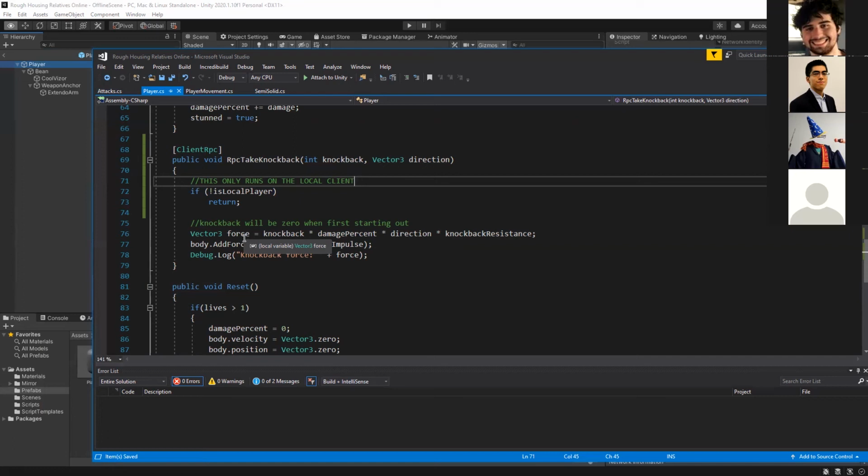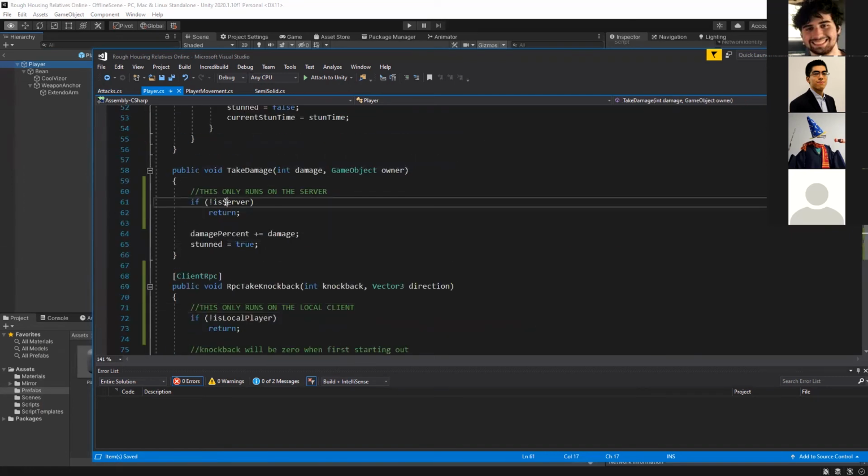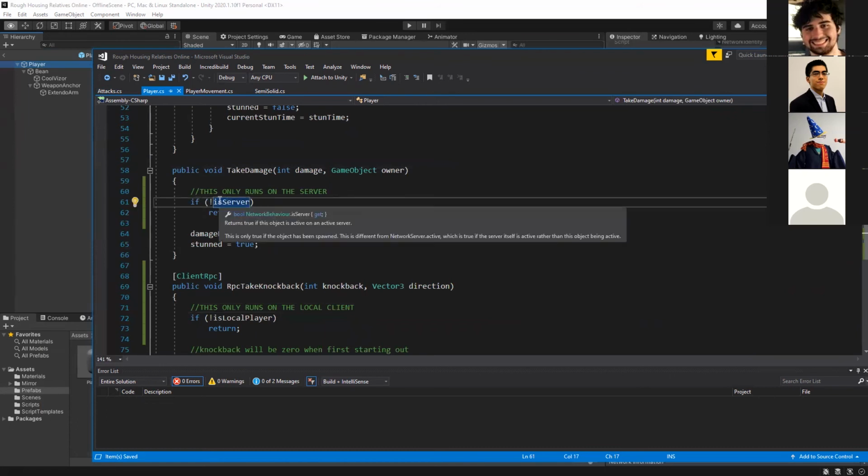And you're using the network transform to see what happened to them. And now this is run on the server, but because take damage is only run on the server, there's nothing to communicate to your local player that you're taking damage.